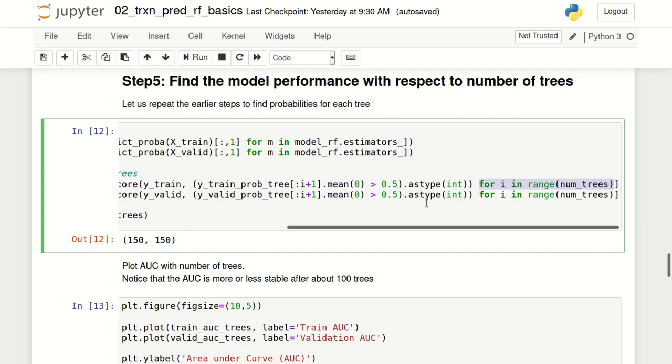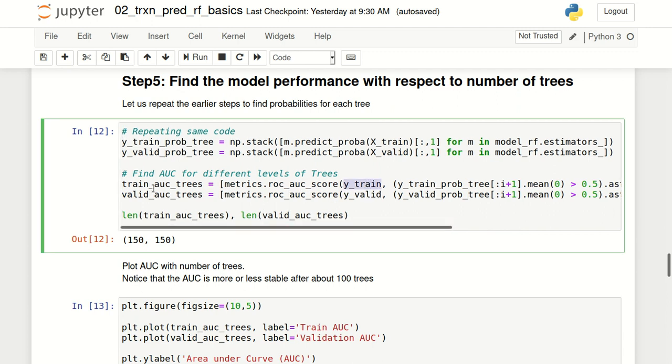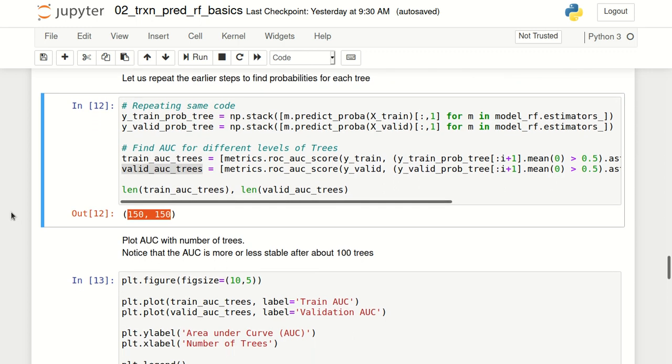We are calculating the average probability of prediction for different numbers of trees, comparing it with 0.5 to make a decision whether the model is classifying it as 0 or 1. And then using the ROC AUC score, comparing it with the actual Y values to find the AUC value for the training data for different numbers of trees. Similarly doing that for the validation dataset. You can see the length of each of these arrays is 150 because we have 150 trees in our model.